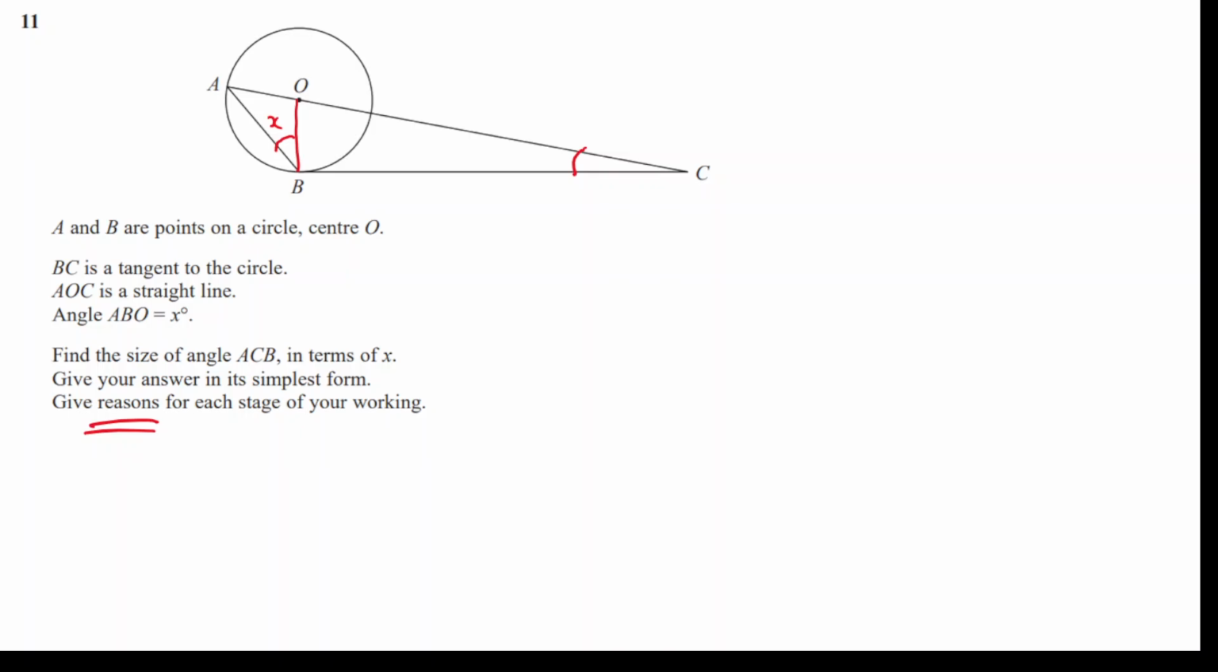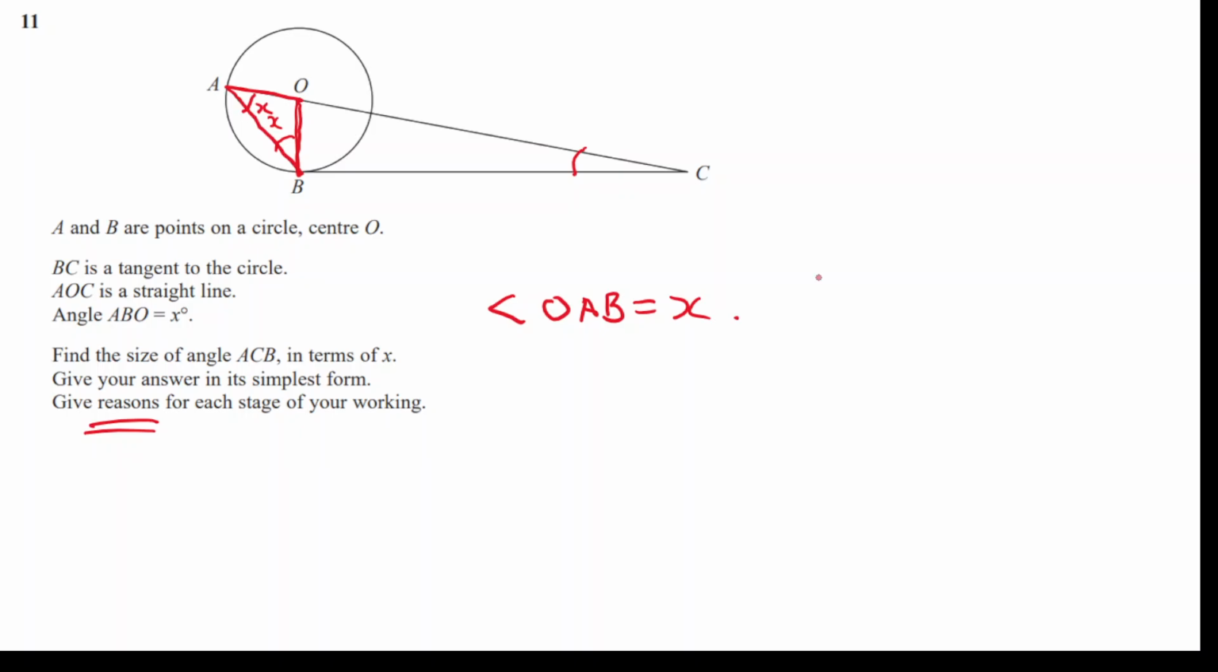First of all, it should be obvious that triangle AOB is isosceles because this is a radius. This is also a radius. And as we know with isosceles triangles, the base angles are equal. So this angle here is also X. So angle OAB equals X. So I've made that calculation, and the reason I've done that has to be written down